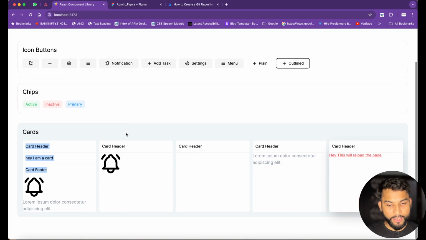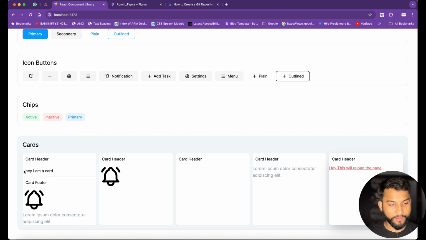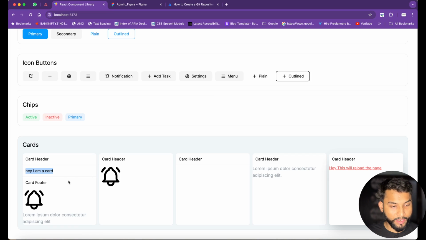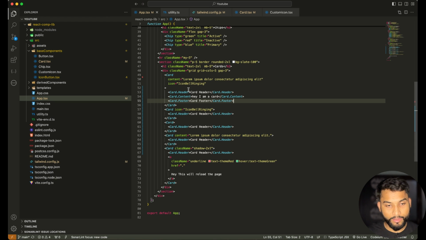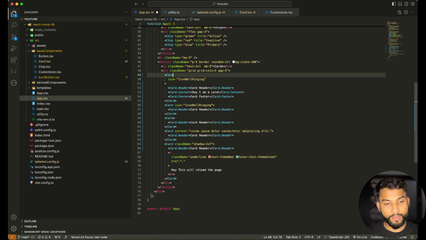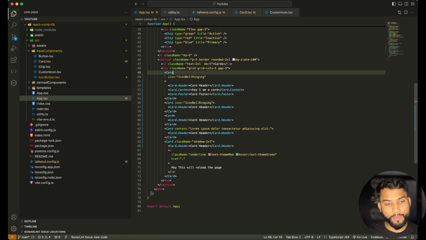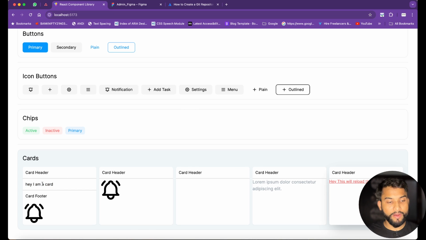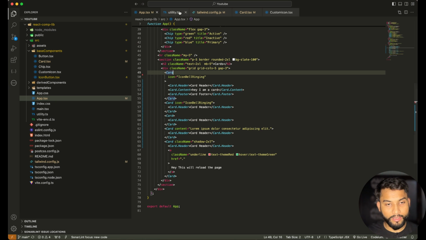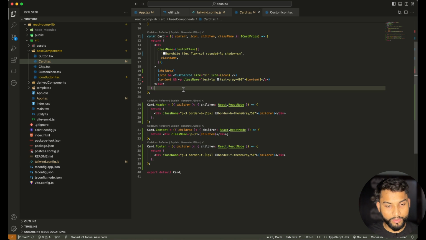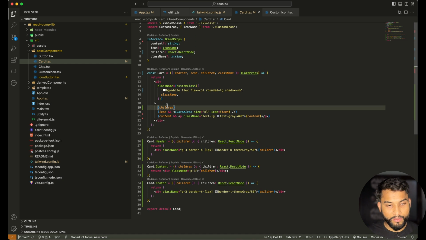Now what we can see, we have header, we have footer, and then whatever content we want to add, we can add that. Okay, so instead of content, I'm gonna remove it. The icon itself, I'm gonna keep it for now. So we have header, footer, and then content. So let's check it out. So now we have